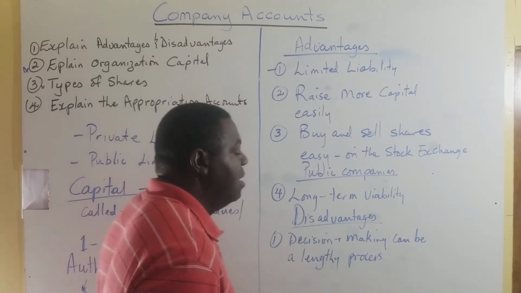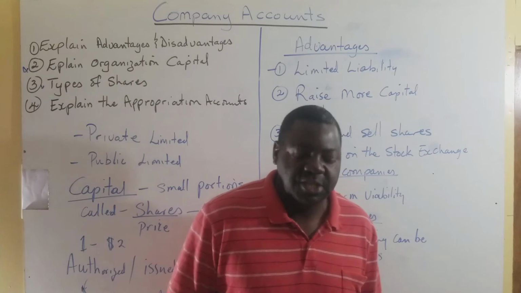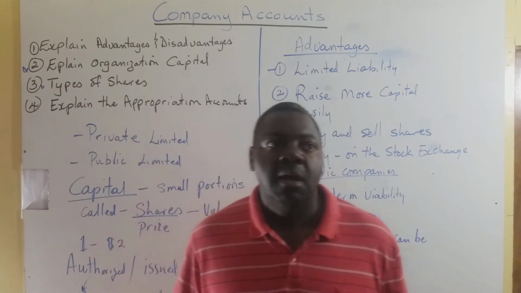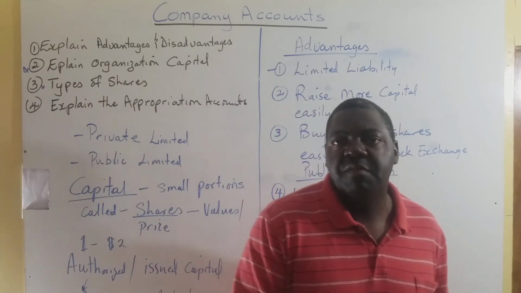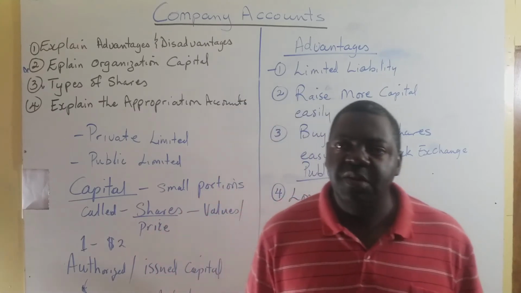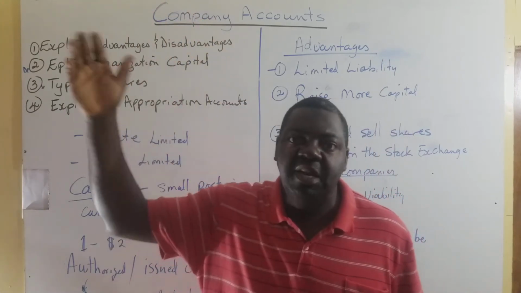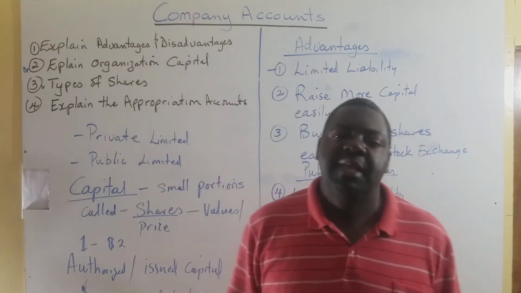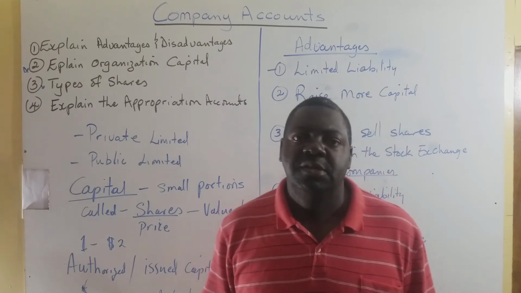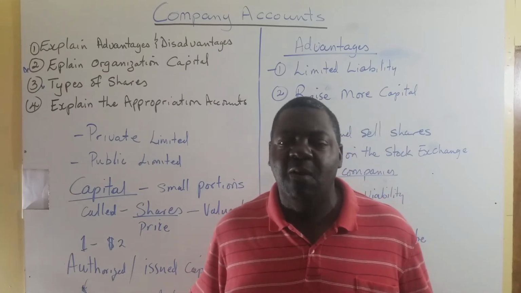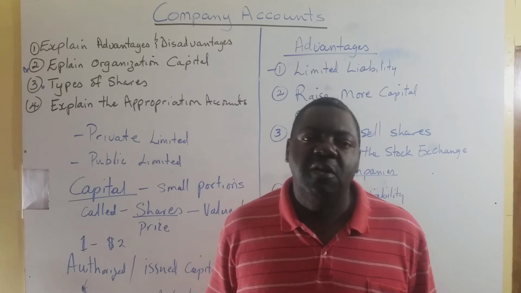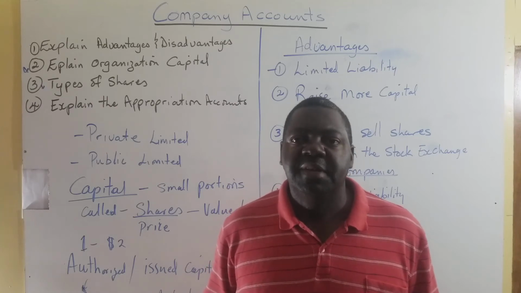What do I mean? Because the company is large, to move information from one level to the next, to the top, to get the decision, and for it to come back to you may take quite a while to get done. So that's a disadvantage. The larger the company, the more difficult it is to have certain decisions